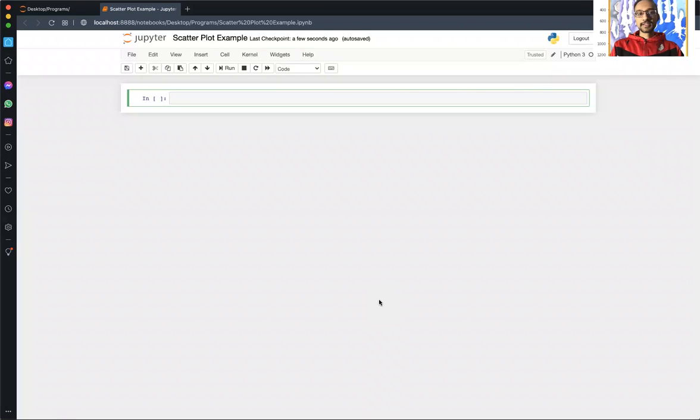Hello everyone. So in this video, we're going to be going over a simple scatter plot. This is one of the plots that you can make using Matplotlib, that package. And basically a scatter plot is useful if you want to show the correlation between two numbers. So in this example, we're going to be focusing on